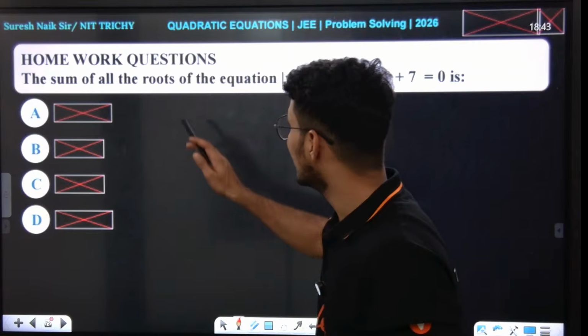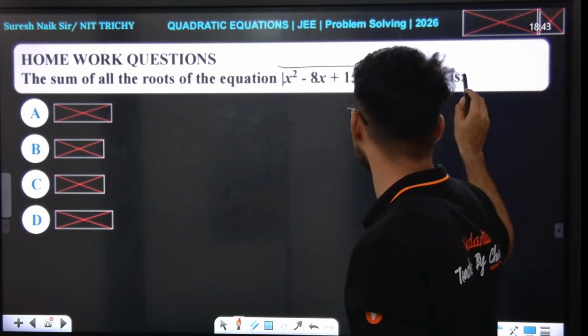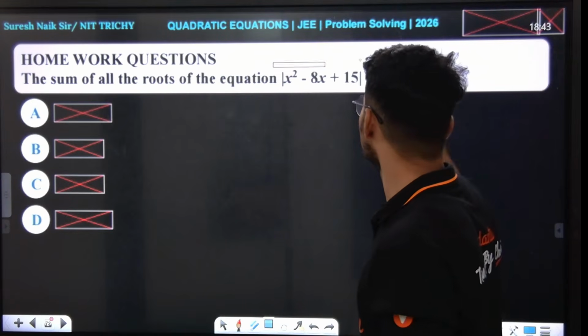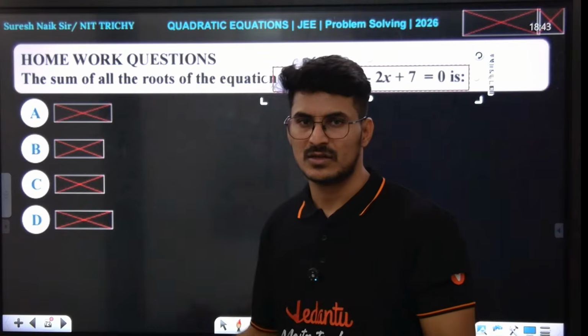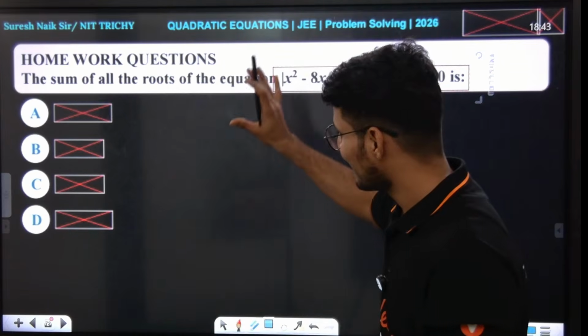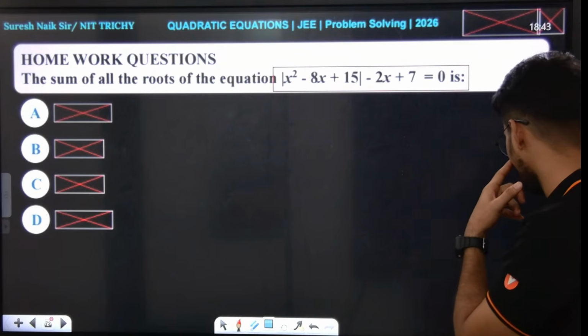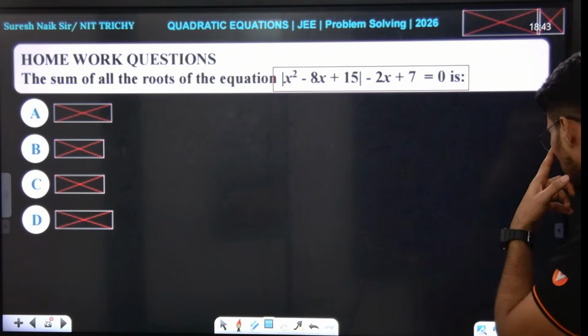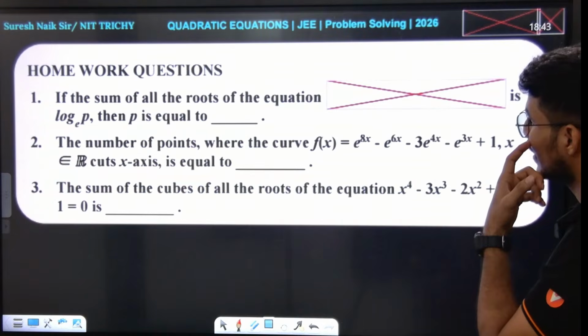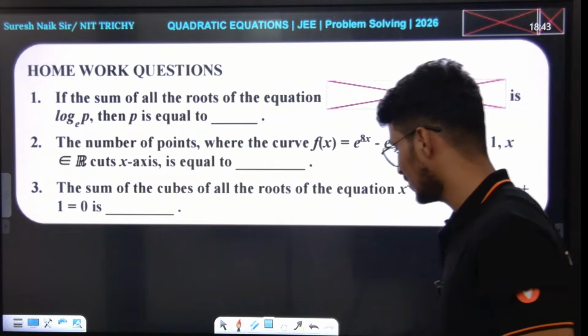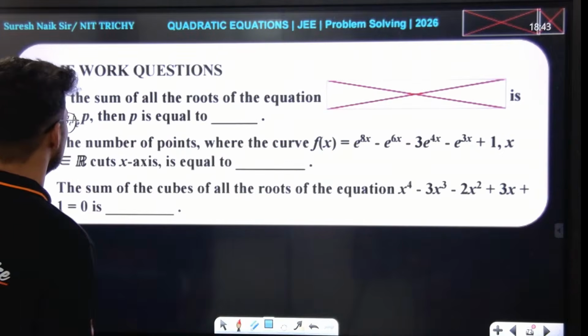And now look, again one question. This is also homework. This is actually a 2026 question. Options are there. So please look: sum of all the solutions of this equation. And now look here. Next, again some equation is there. In the equation,